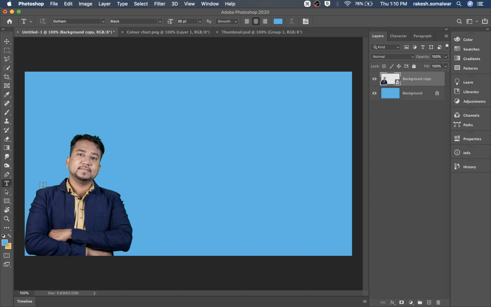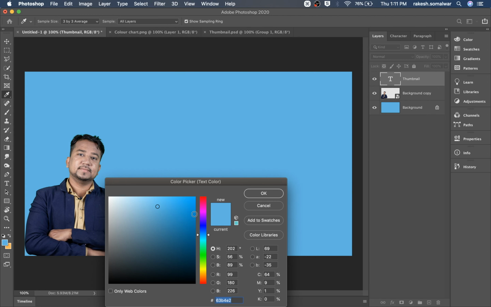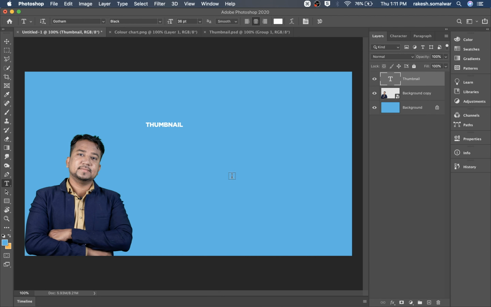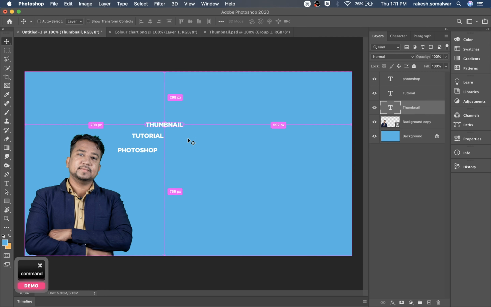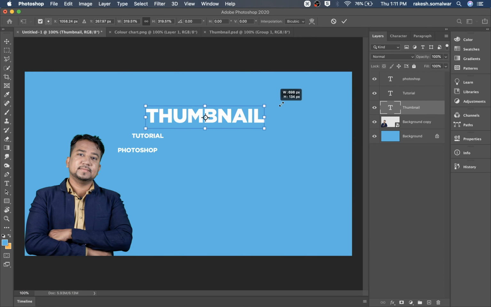Now I am going to add text into this. Select any bold font similar to Arial and I am typing like thumbnail tutorial Photoshop. Now these all three are in separate layers.